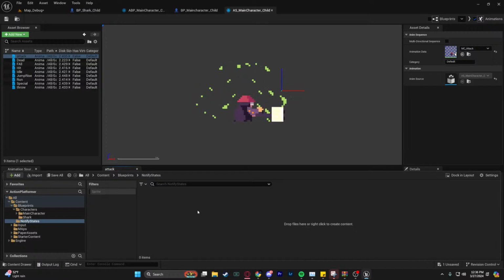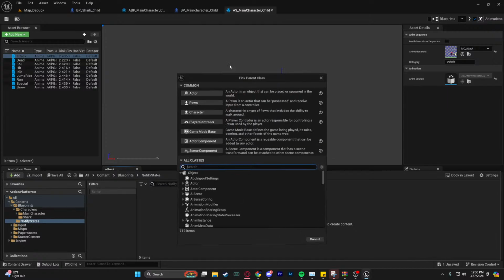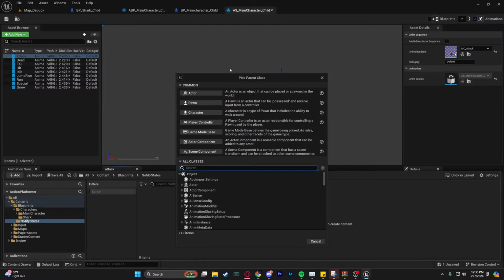And open it up. And here you can right click, create a new blueprint class, and yeah, we can look